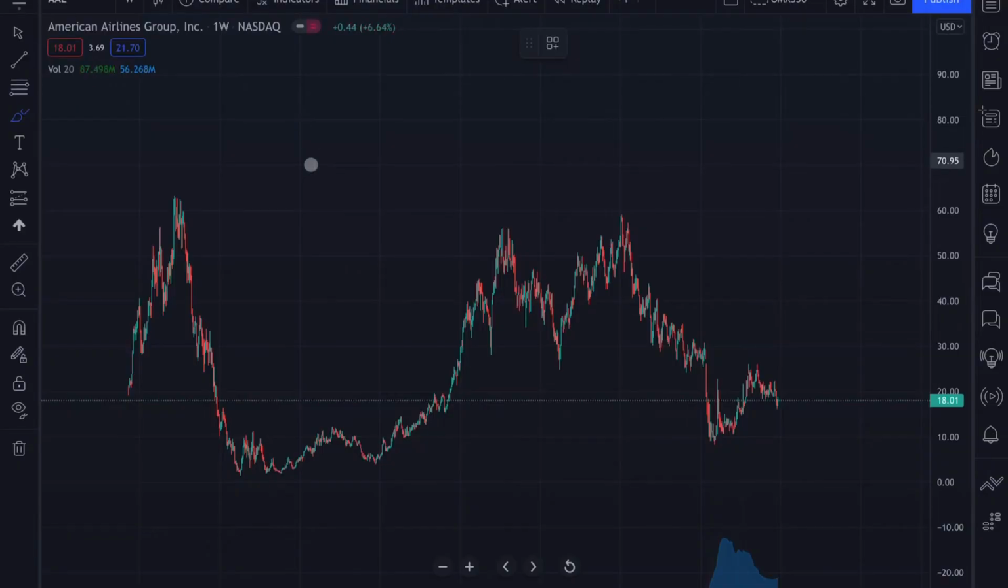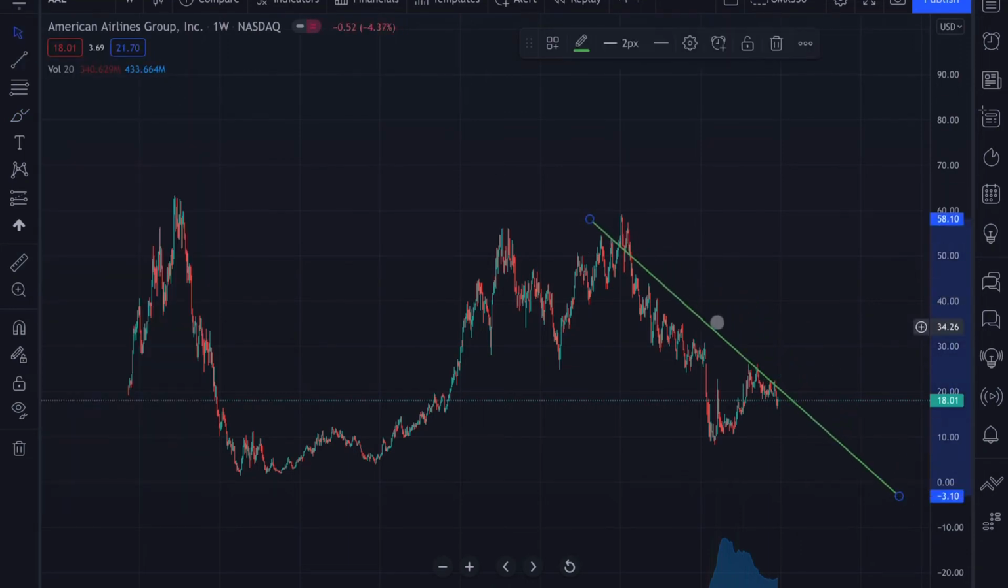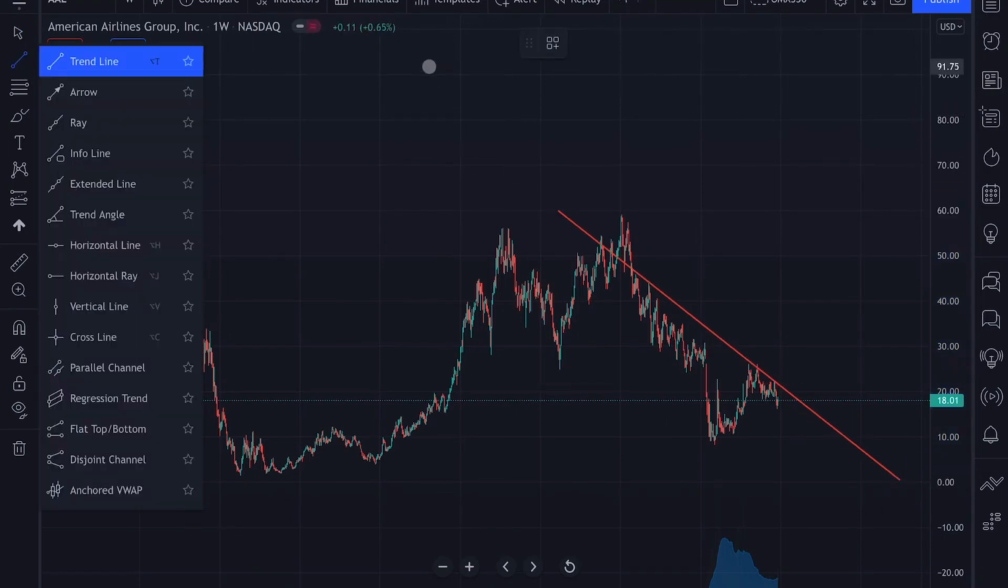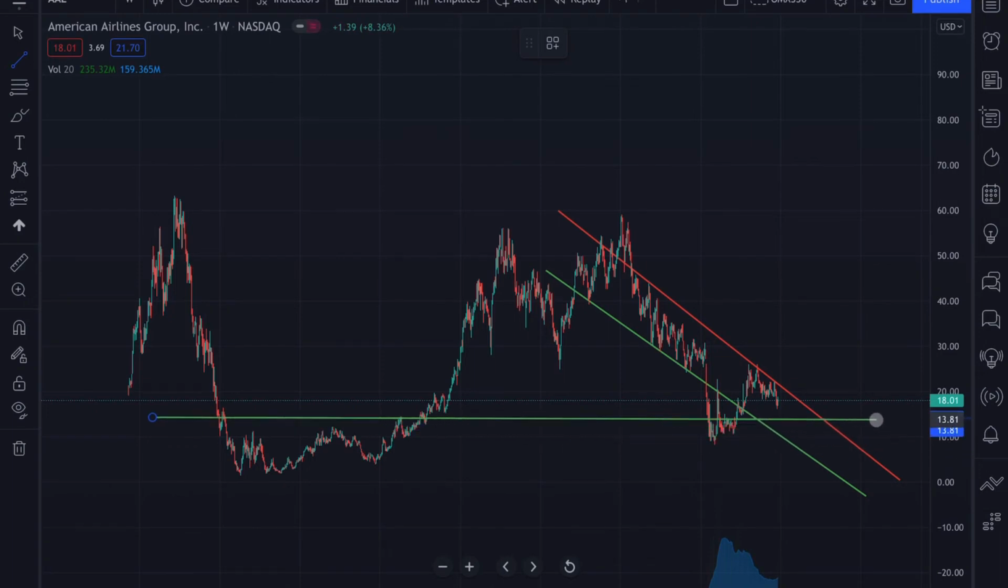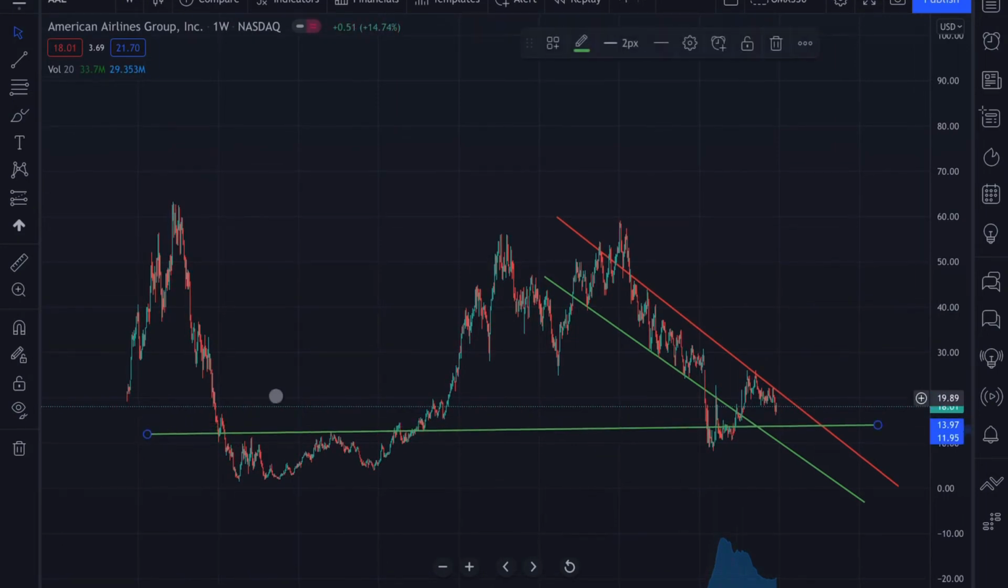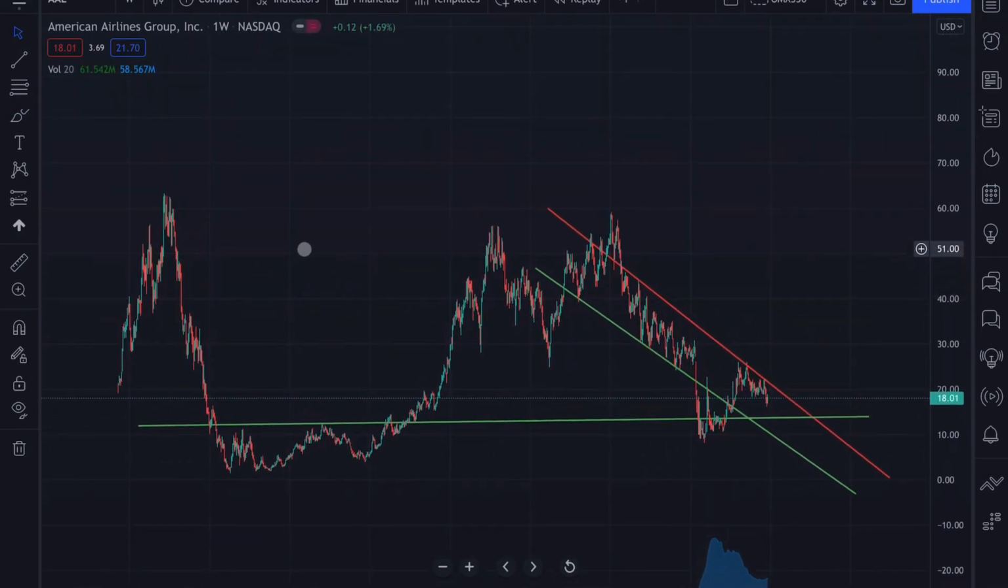So here we have the chart. Let me begin by laying down the resistance line, something like this. And let me change the color to red. Something like that. And let me do one more. Let me see here, the support line, something like that. And let me change the color to green. And let me do one more because we have a support line, something like that. All right, so we can see right away that we are trading or moving within a negative